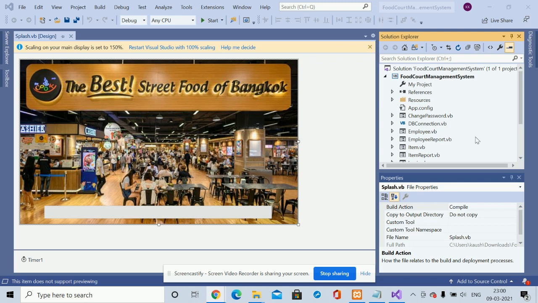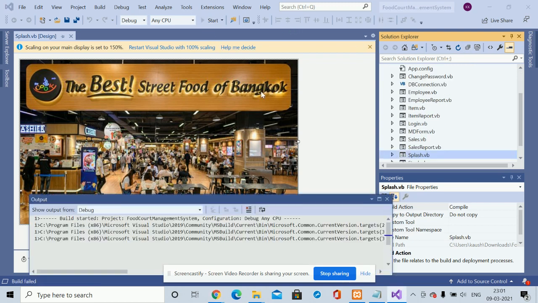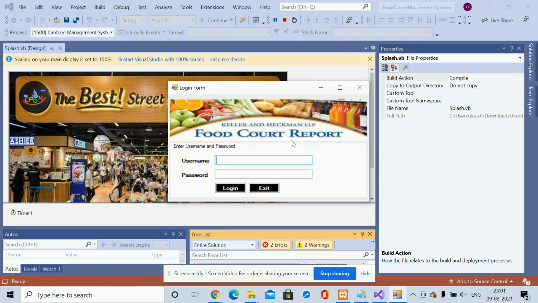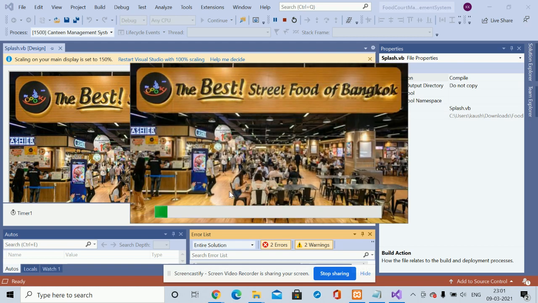So let's start with the functionality. Let's go through what we have developed inside this project. For running this project, you need to import this project or open the SLN file in Visual Studio 2019 or 17, whichever you have. After that, you can hit the run button, the start button. Once you click on start, it will ask for your user ID and password. The user ID is admin and the password is test. Once you log in, it will show you the splash form.